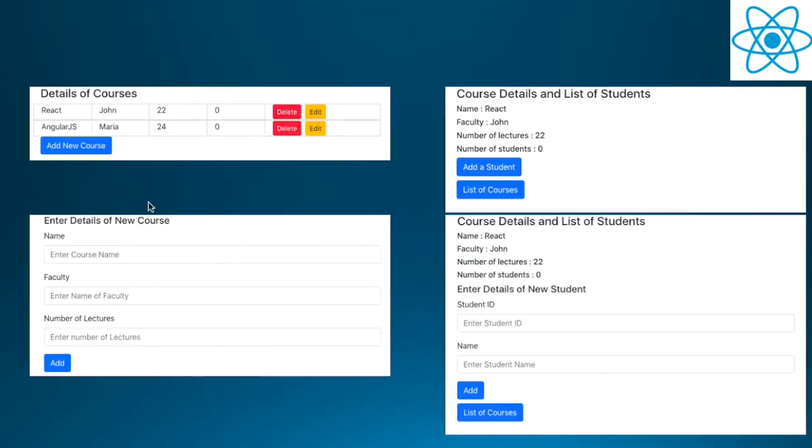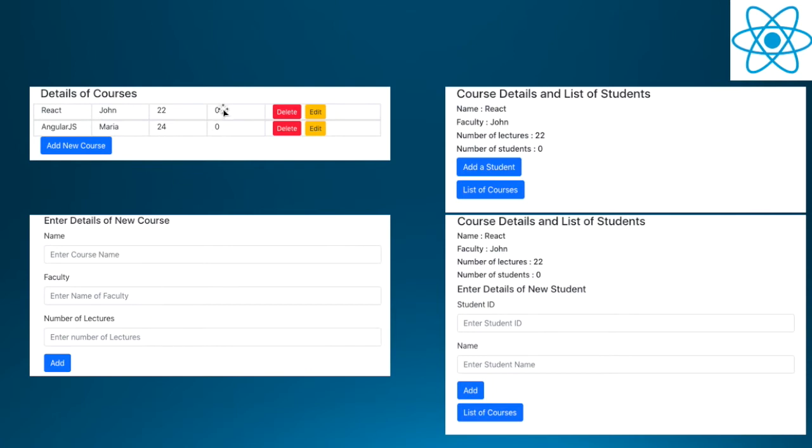So if we look at it, these are the functionalities that we had. We had the details of the course. We need to add the fields for the number of students. So that's the change we need to do. We have already created the functionality for the form, the courses.